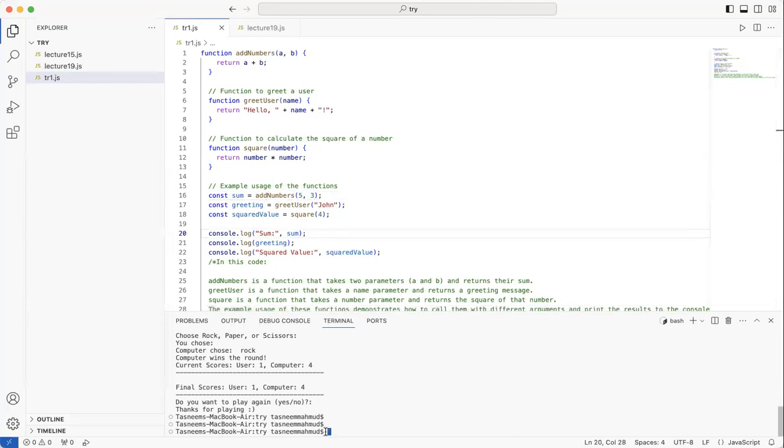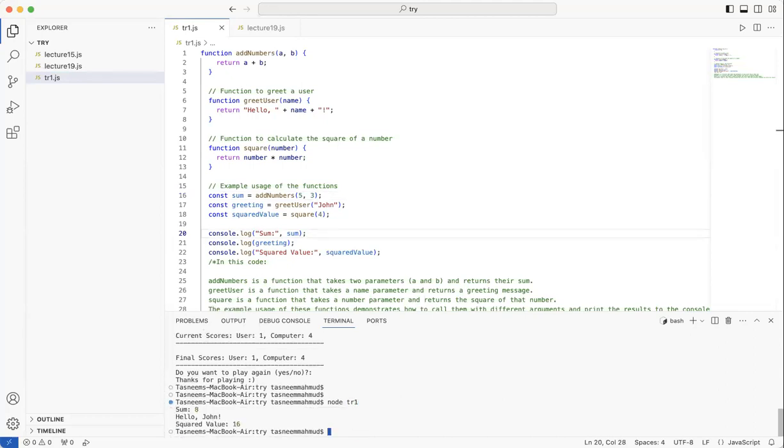Let me run this. Node tr1. Okay, so if you see over here, there were no errors, so the program just went on to give me the whole output.